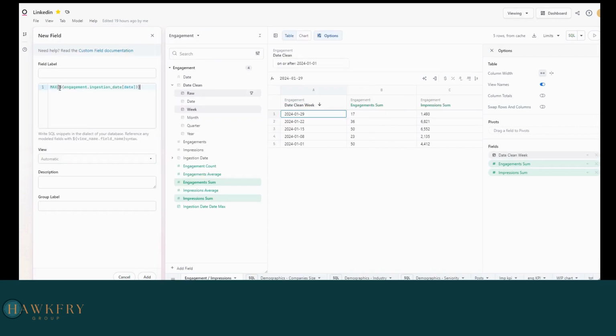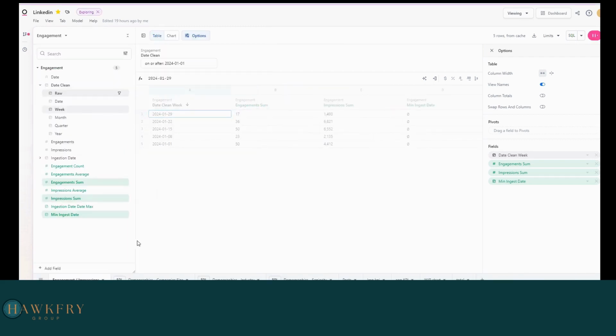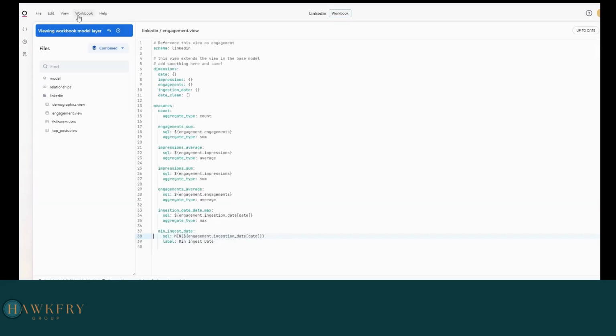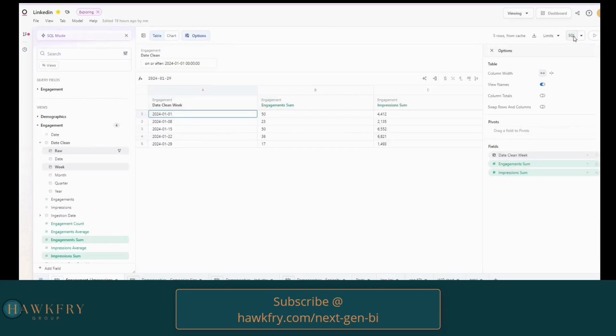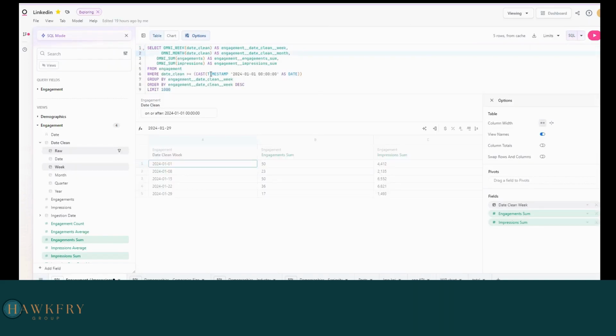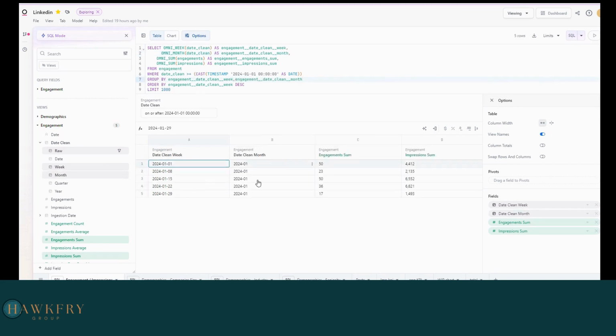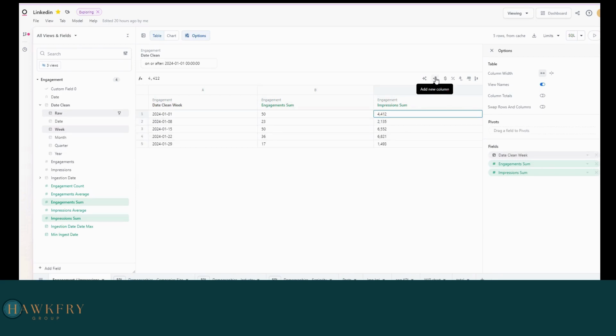But you don't have to have that semantic layer ready to go in order to get modeling. The user can model in the workbook themselves, and if it's something that's useful, they can actually promote that to the shared model or keep it in the workbook model. The really cool thing about Omni is you can model as you go. So not having to rely on that semantic layer 100%, the user can either write SQL directly into the workbook,